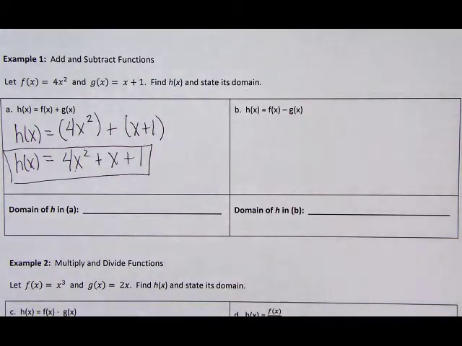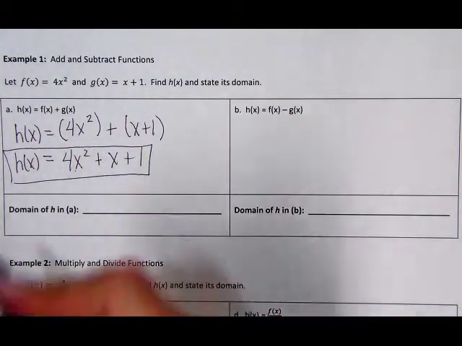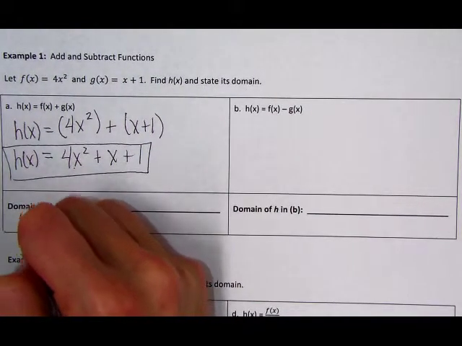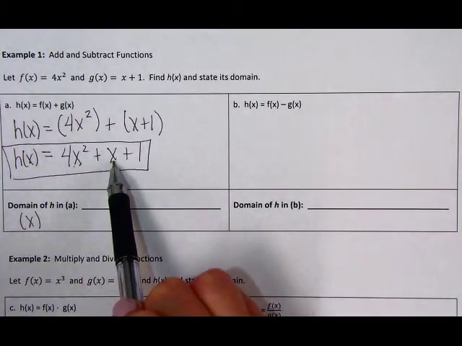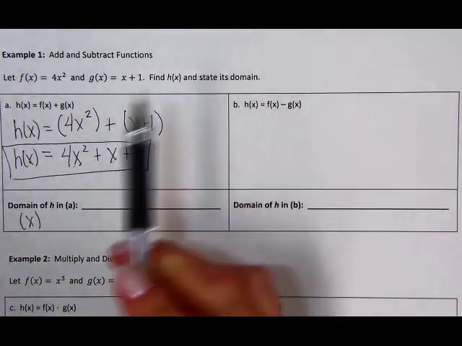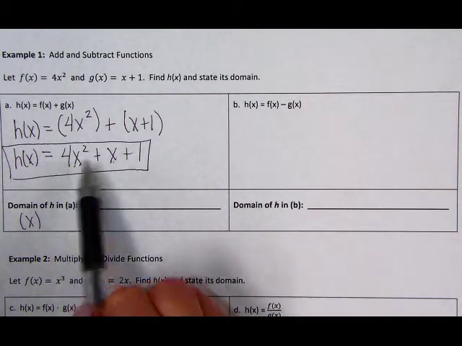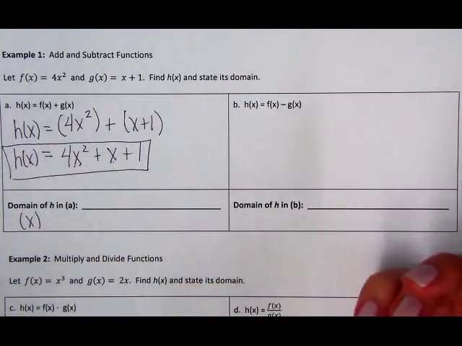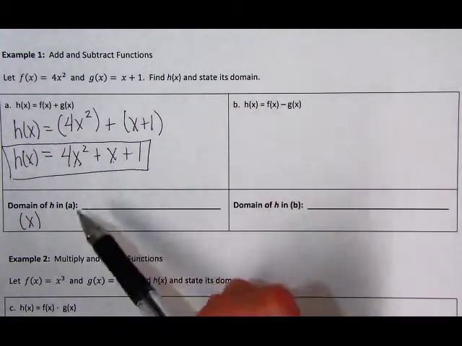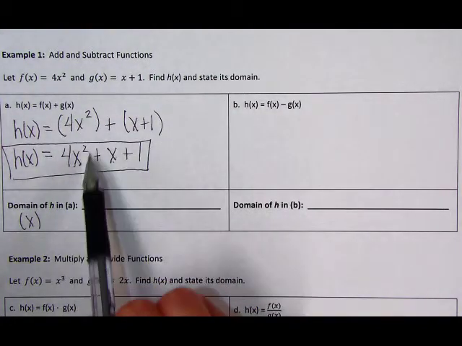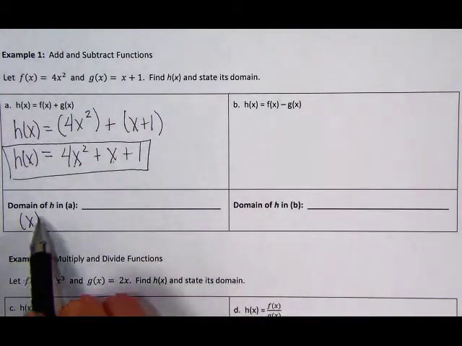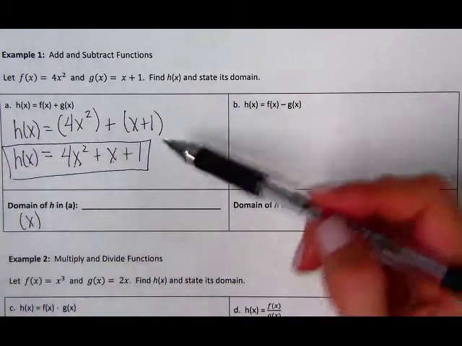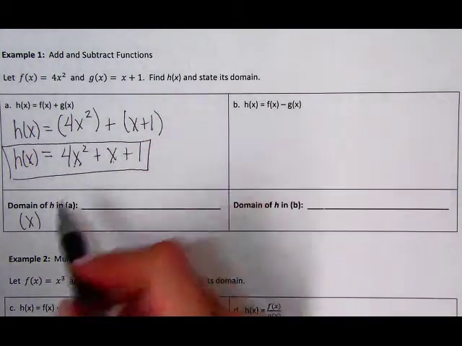To find the domain of h, again, we're looking for the x values that I'm allowed to plug in. So in this case, can I plug positive numbers in and get a real solution? Absolutely. Can I plug in negative numbers into my x's and get a real solution? I can do that as well. And can I plug 0 in? If I plug in 0, I get 0 plus 1, I get 1. That also works. So because I can put anything in for x and still get a real solution out, my domain,